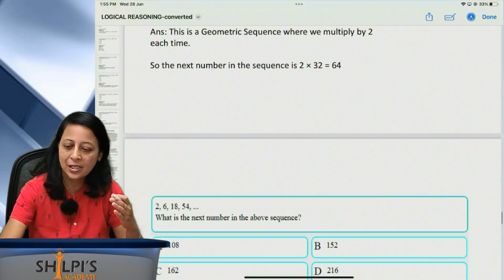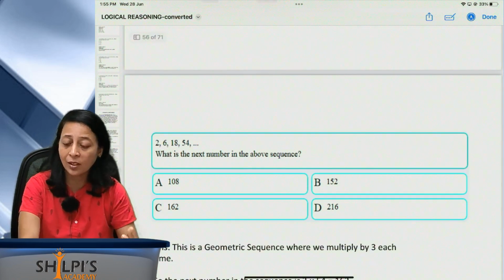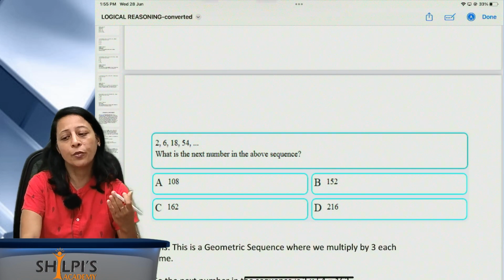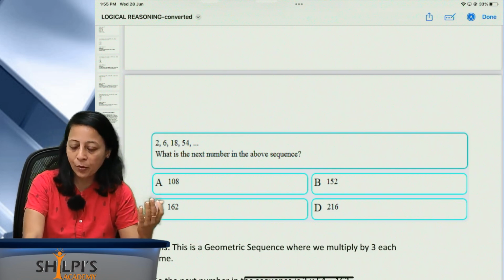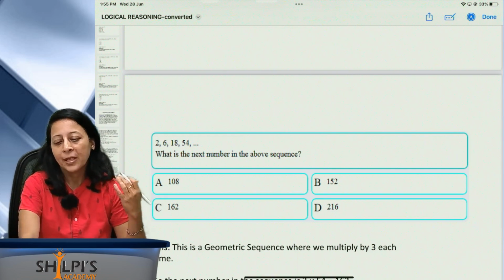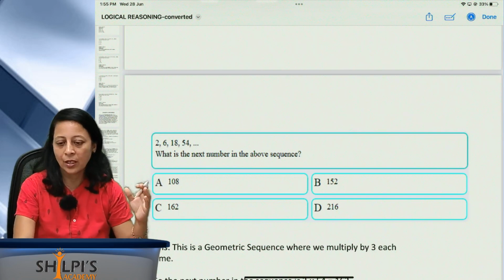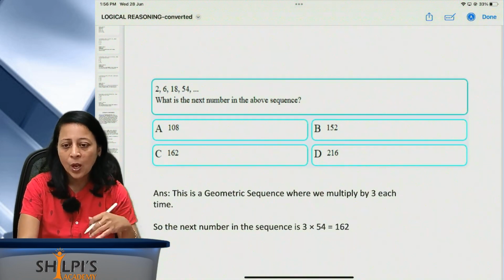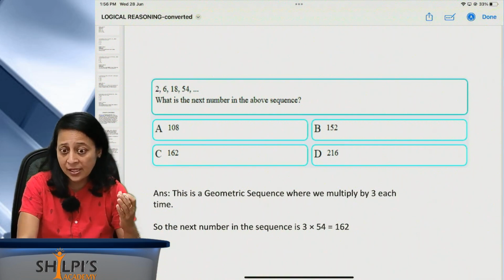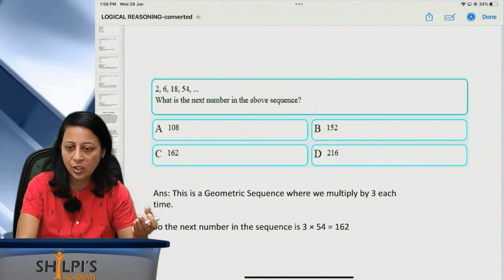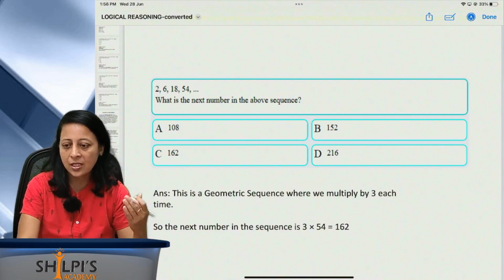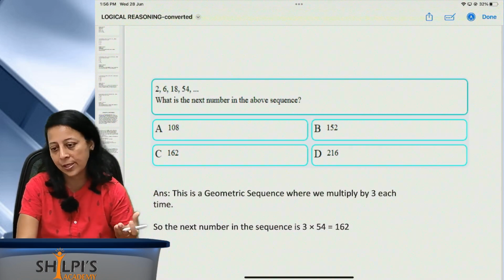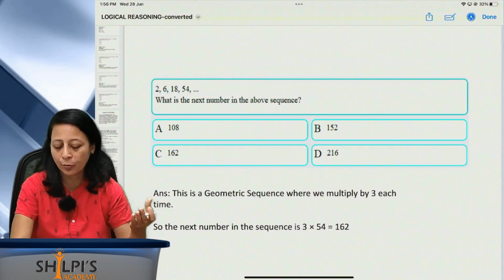But it may not be the same, students. It may be multiplication of 3 or the division of 3 or division of 2 or multiplication of 4 series, multiplication by 8 series, something to do with it. Okay. Now here is 2, 6, 18, 54. What is the next number in the above sequence? Find out the relationship. 2 threes are 6, 6 threes are 18, 18 threes are 54 and 54 multiplied by 3, the answer will be 162. So here the multiplication goes in the form of 3.